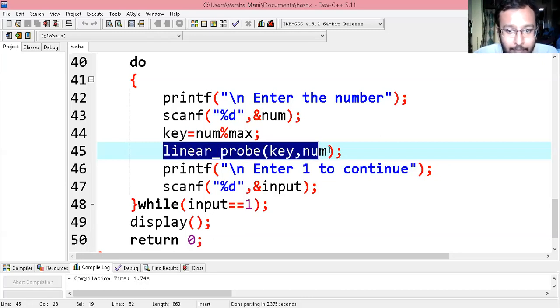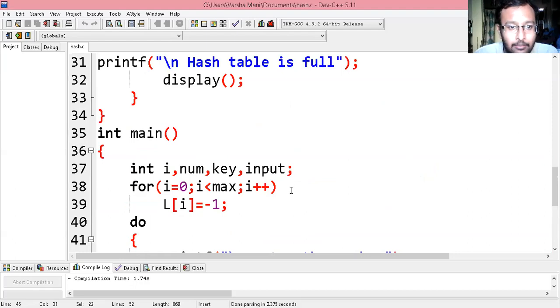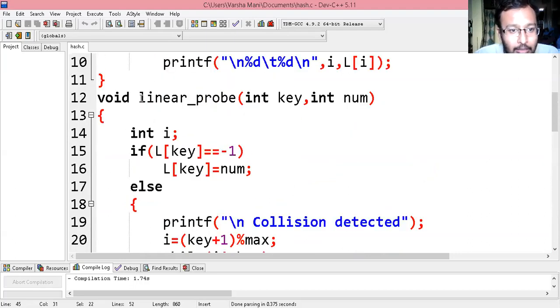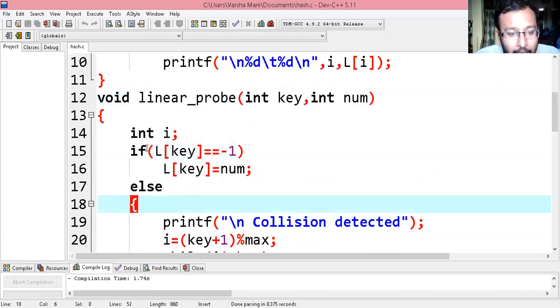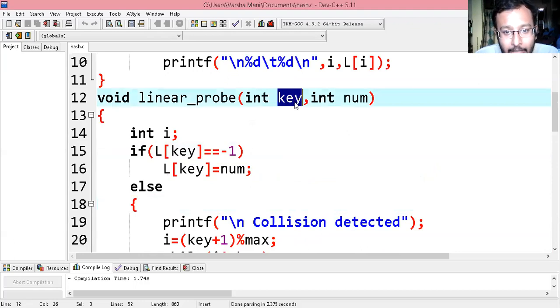Let us think the linear probe function is called, and it goes here. Now here is what it checks. You have taken a new number and found the key element where you are going to insert that number in the array.